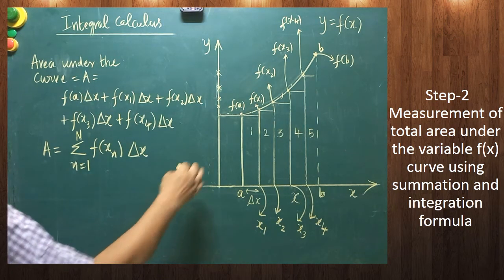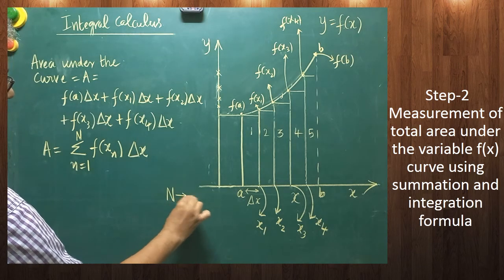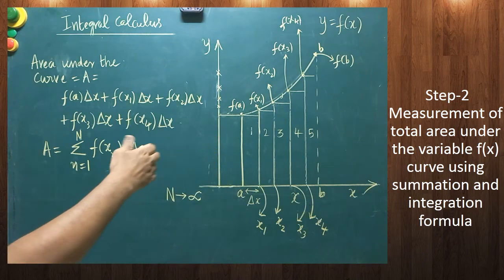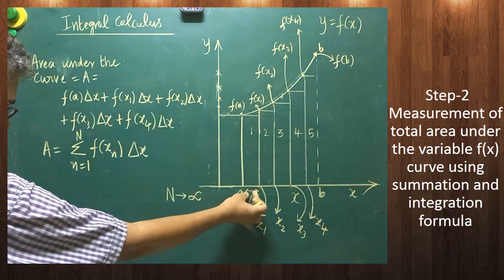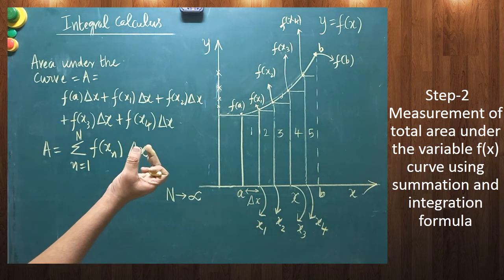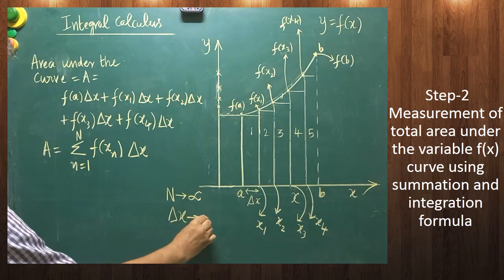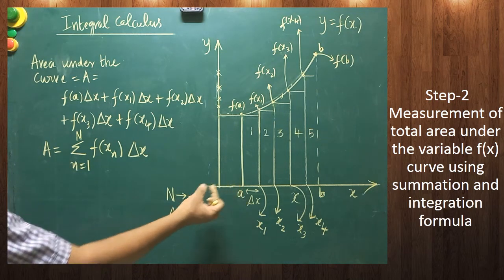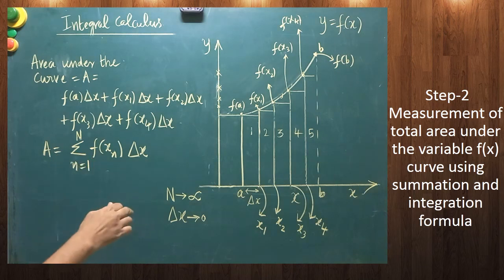You have to understand one thing, very important: if n is equal to infinity, here I have just taken 5 strips. Instead of that, if you take any number of strips, infinite number of strips, what will happen to the strip width? The strip width slowly shrinks, and finally del x will become 0. Particularly if you take infinite number of strips, automatically the width of the strip will be reducing. Finally del x approaches 0. That's why this condition is written. Are you clear?